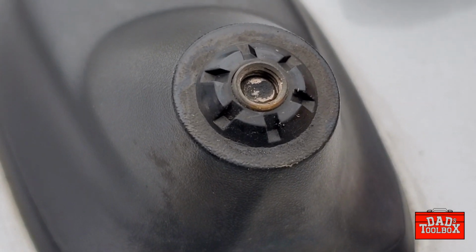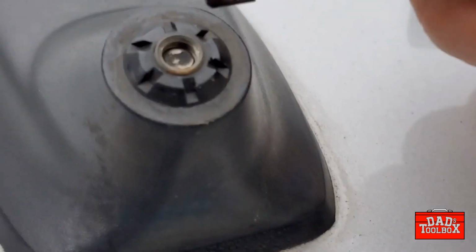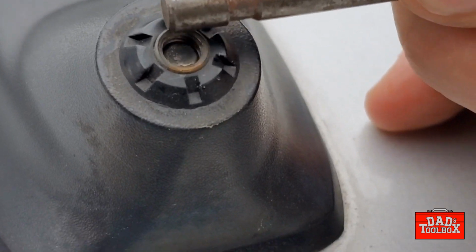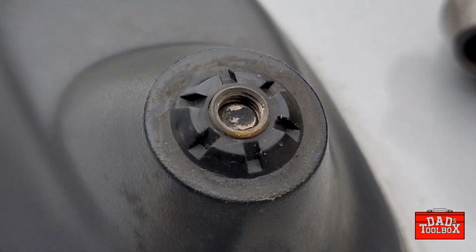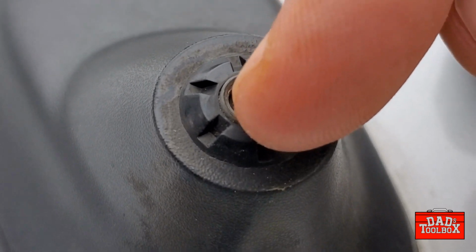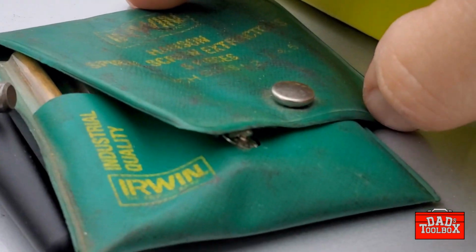Now normally there's two ways to extract the screw. You can take a saw and cut a slot in there so that you can get it out with a flathead screwdriver. But because this one's recessed and I would have to cut a slot down into the housing itself as well, I'm going to try a different method, and that's going to be these